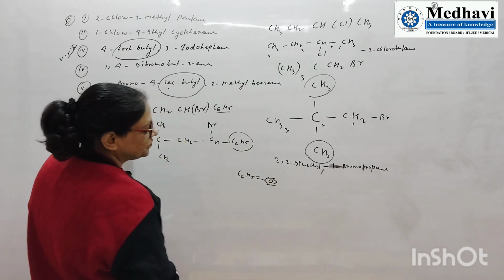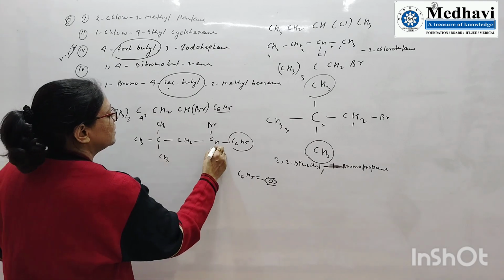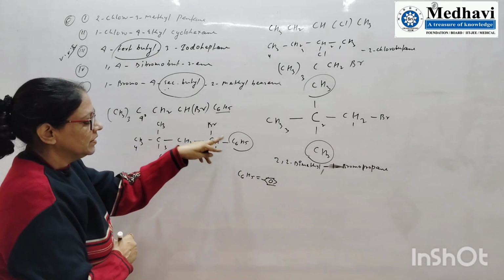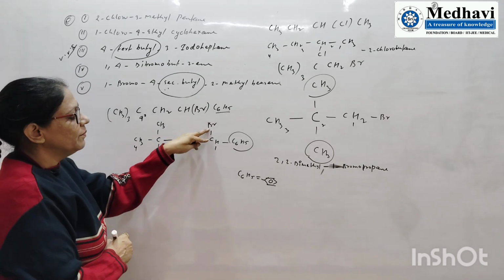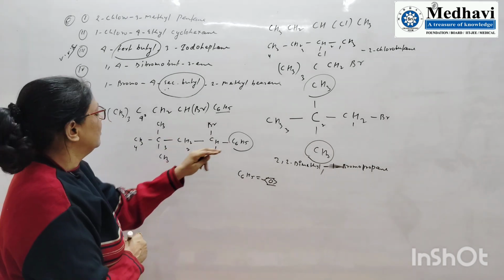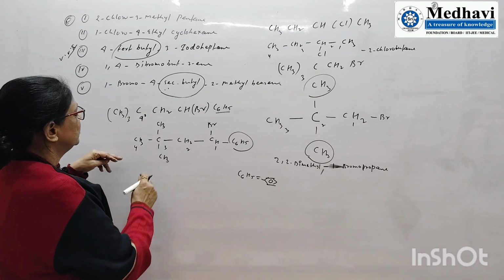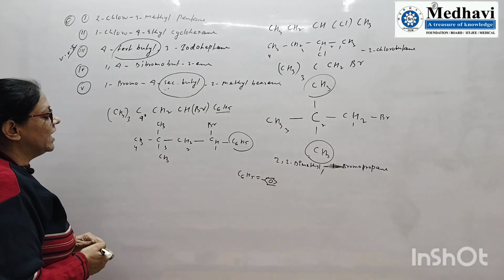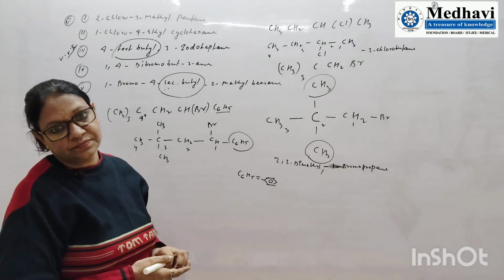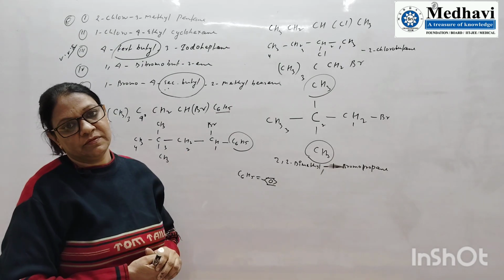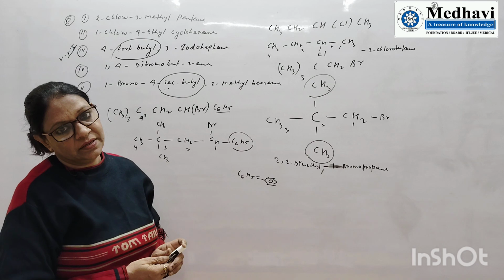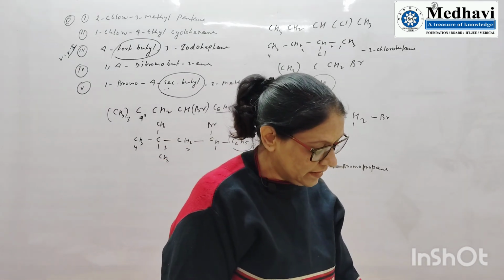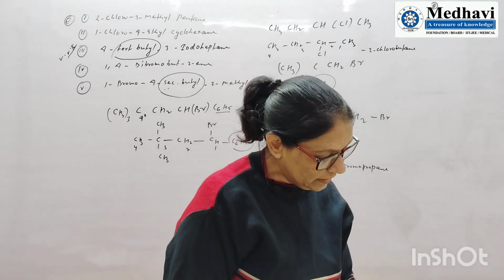Single bond. So this is 1, 2, 3, 4. This is the phenyl group. This is bromo. Alphabetically, B will come first. So 1 bromo, 1 phenyl. Then 3,3-dimethyl. 1, 2, 3, 4. 3,3-dimethyl butane. So this will be the IUPAC name of the given compound. So presentation is going to be very, very important, and then only you will understand how to write the naming,